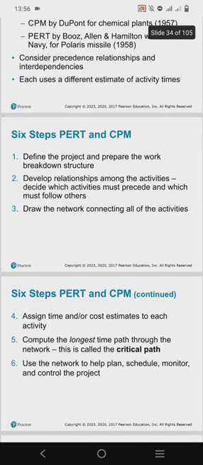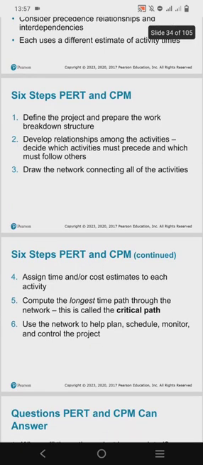So they contain 6 steps. The first being that the project has to be defined, and then the work breakdown structure has to be prepared as well. And then the relationships among the activities need to be developed by deciding which activities must precede, must come first, and which ones must follow. Okay, and then it involves drawing the network that is connecting all of the activities, assigning the time and the cost estimates to each of these activities, and then it involves computing the longest time path through the network, which